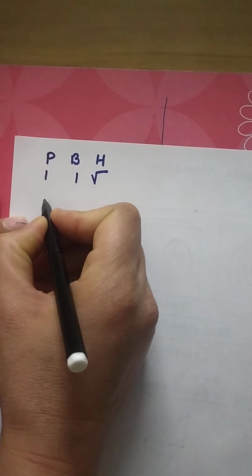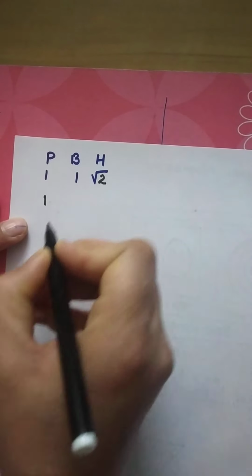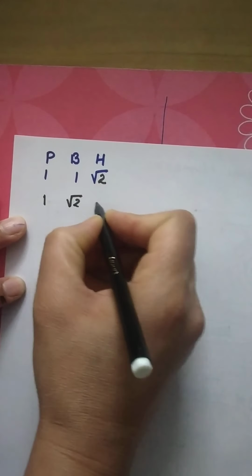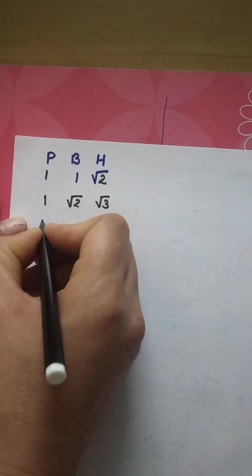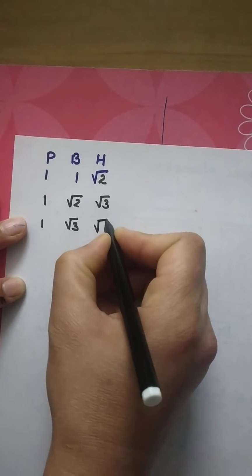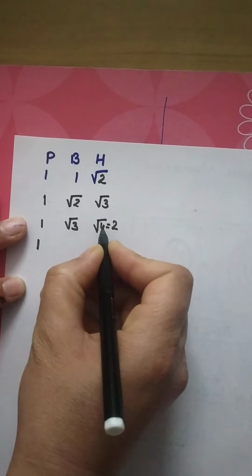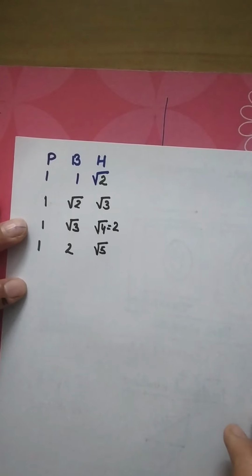But now I'm telling you the proposed method. What's the proposed method is, the moment we take this as 1, this will come root 2. You may try it. And when this is taken as 1 and base as root 2, this comes as root 3. When this is taken as 1 and this as root 3, this will come as root 4, which is equals to 2. And when this is taken as 1 and this is root 4, which is 2, this will come as root 5. You may check them.